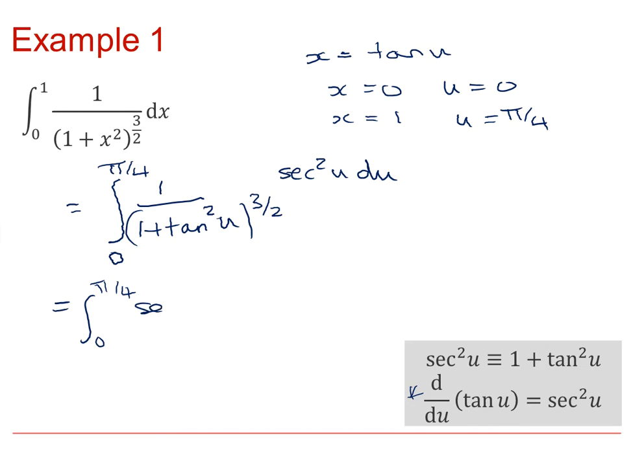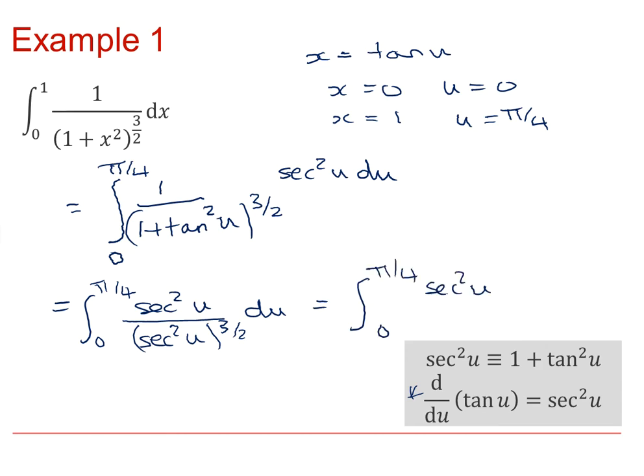So we have a sec squared u in the numerator, and the denominator will be sec squared u to the 3 over 2, giving us the integral of sec squared u over sec cubed u, which will cancel down to give us 1 over sec. But knowing that sec and cos are reciprocal functions, we can write that as just the integral of cos u du,